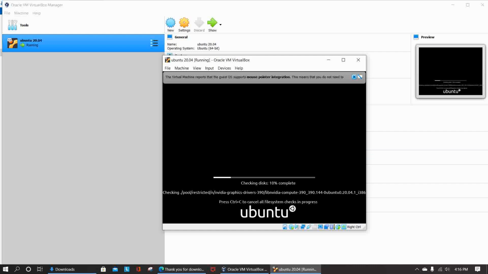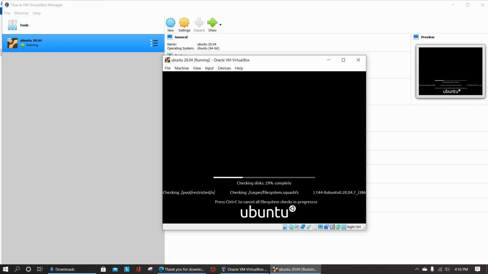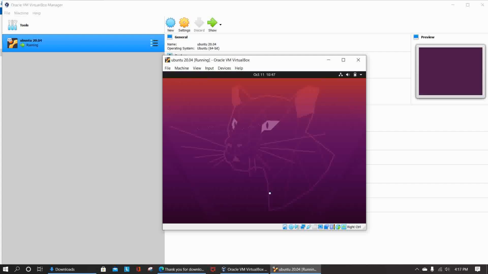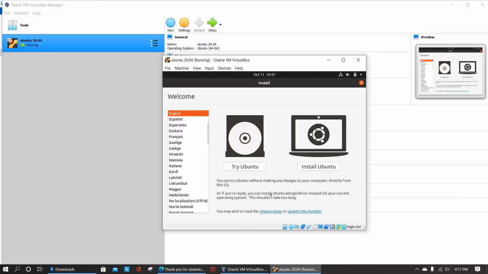So this process is going on. You have to wait for some time for completion of this process. So once the process is completed, it will ask for the language.